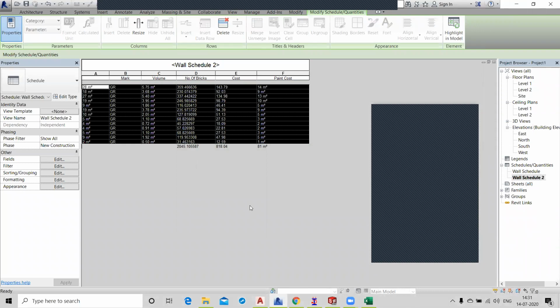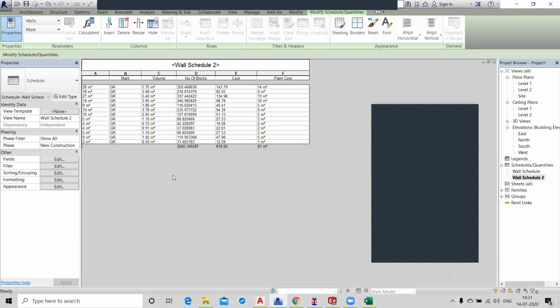Click one time at the corner of the table, another corner, near the vertex. This one, the first column, A1.